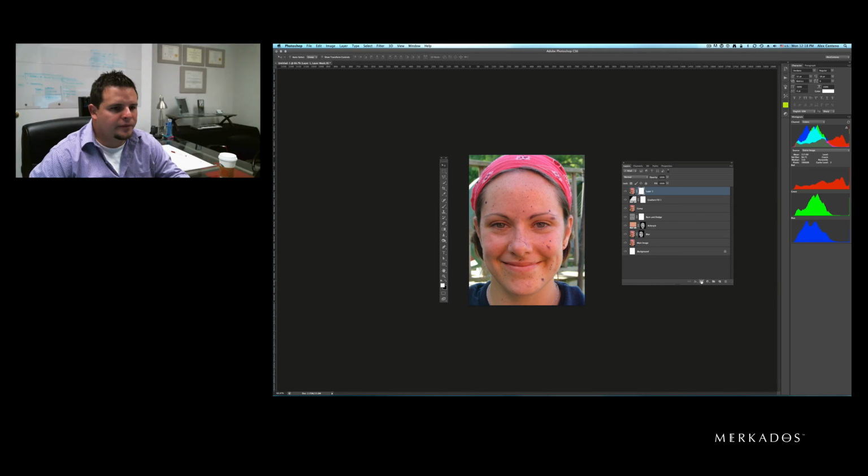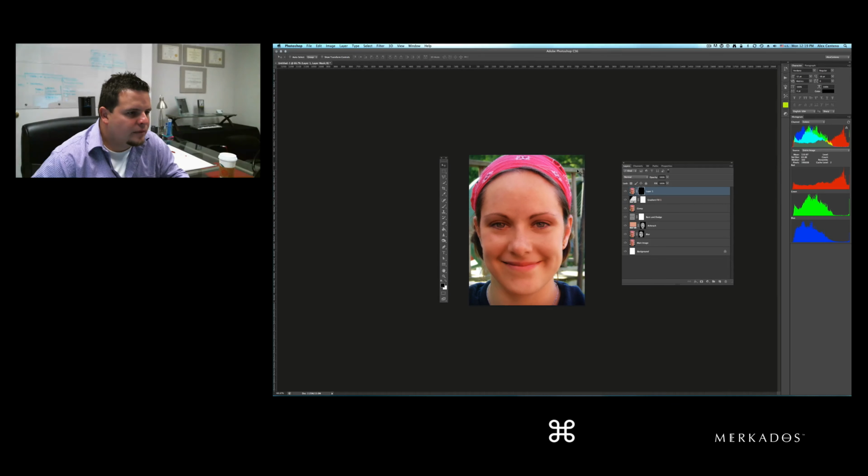All right, so if I was to just paint with the paint bucket here, or just reverse it, there you go. You can see the before and after. So before we had all this mud in the face, we got rid of that part. Then we softened the skin. Then we added a little bit of makeup, and we closed the photo with a little bit of a vignette and an overlay. You can see the difference: before,